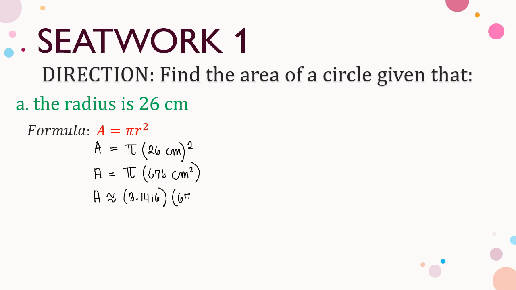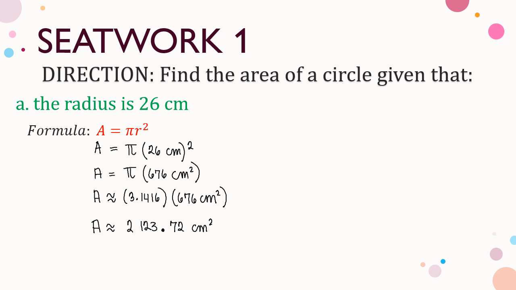So we multiply this, and we will be able to get the approximate answer for our area. Simply multiply those, and we would have area is approximately equal to 2123.72